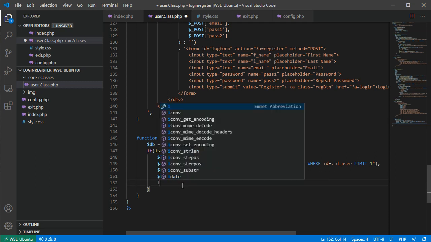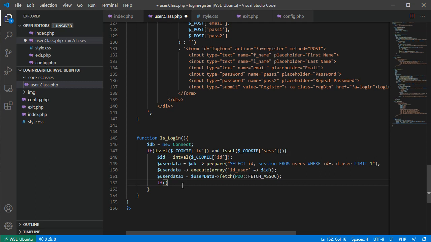Now here we check. We have an if statement. So here check if the data from the database matches with the data from the browser, then that means that this function is gonna return true. That means the user is logged in. If not, it's gonna return false. So here we have this. If user data 1, actually user data 1, let's say that